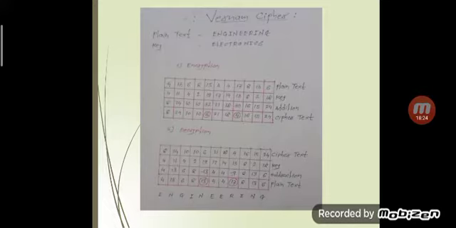Now in order to make the decryption, we can simply subtract the key from the ciphertext. Now how to do the subtraction? We have to consider row 1 and row 2. So we have to make the decryption of this particular message. Simply we can subtract the key from the ciphertext.